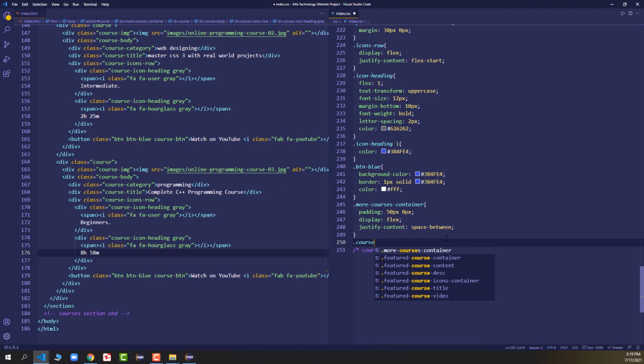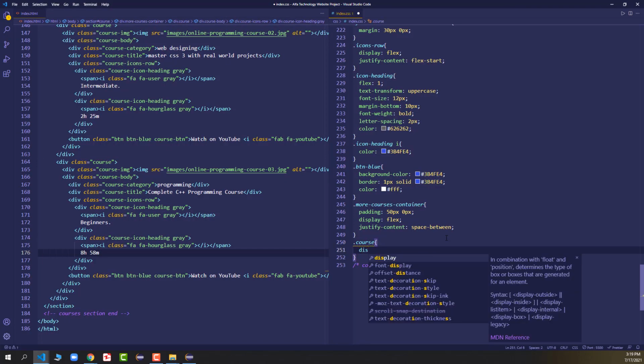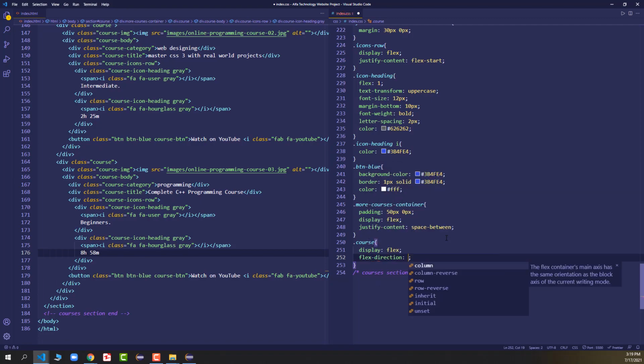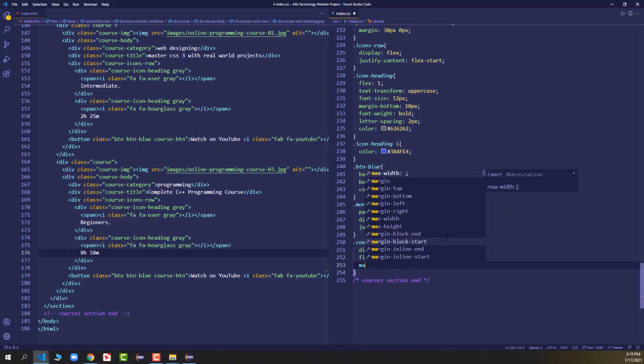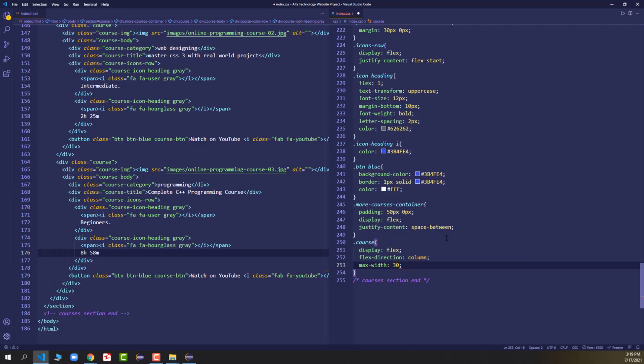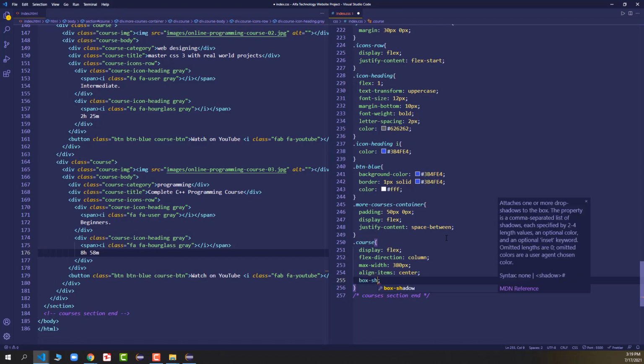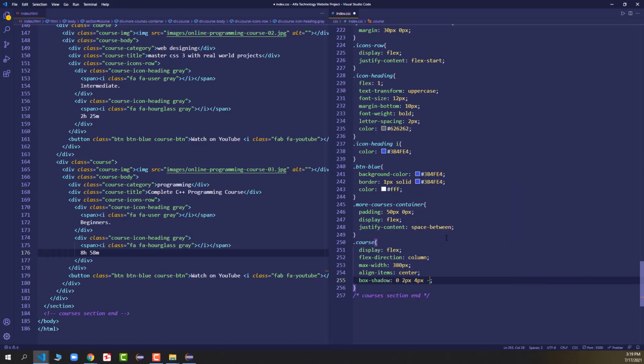After that, here we'll say dot course, and then we'll say display flex to make it a flex box, and the flex direction will be column this time. And after that we'll say max width 380 pixel, and then we'll say align items center to make them horizontally center, and then we'll say box shadow 0, 2 pixel, 4 pixel, 0, RGBA, and inside of the RGBA function we'll provide 0, 0, 0, 0.3, or we can say 0.2 as well.